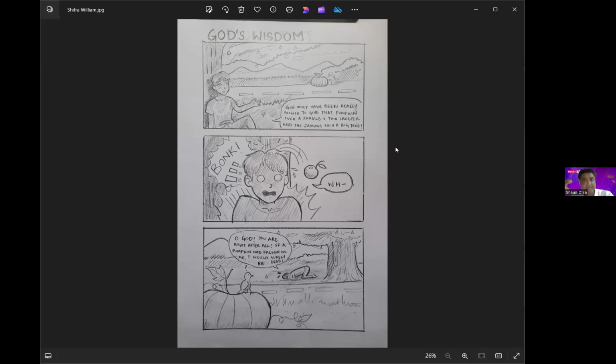Middle ground, the person. Foreground, if you see the bottom, you can see a pumpkin close to you, and you can also see a little bird there next to it. Now, why I'm saying this: a lot of students have this habit of just drawing the middle ground and they leave everything else blank.